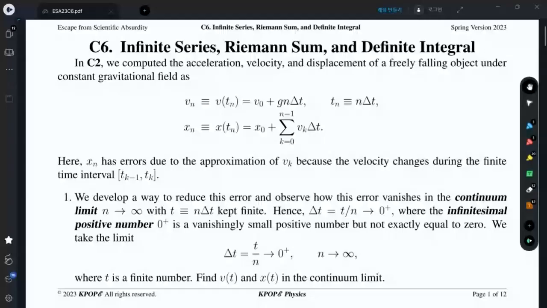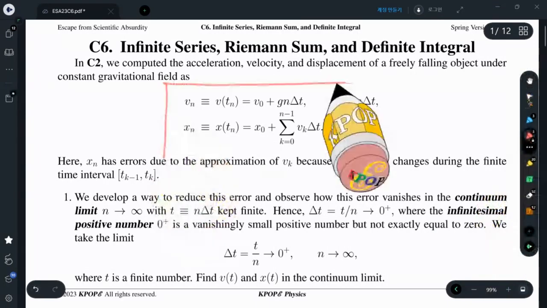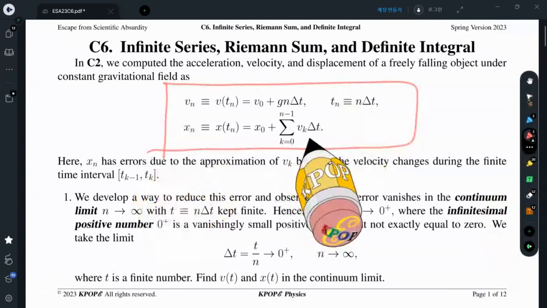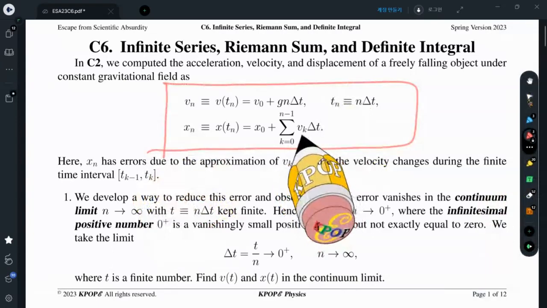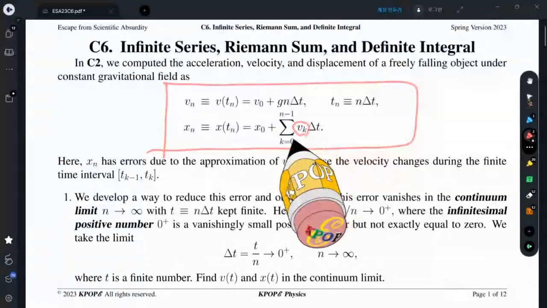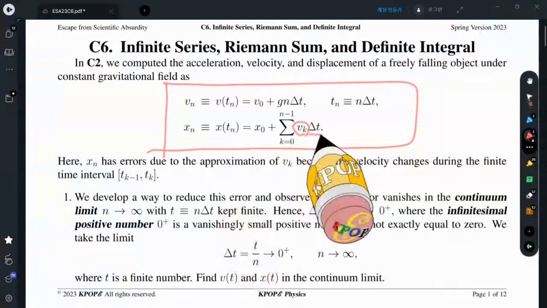C6: infinite series, Riemann sum, and definite integral. We already studied the sum of a sequence. Here we have a velocity that is measured in a discrete way. That means this delta t is a finite number. However,